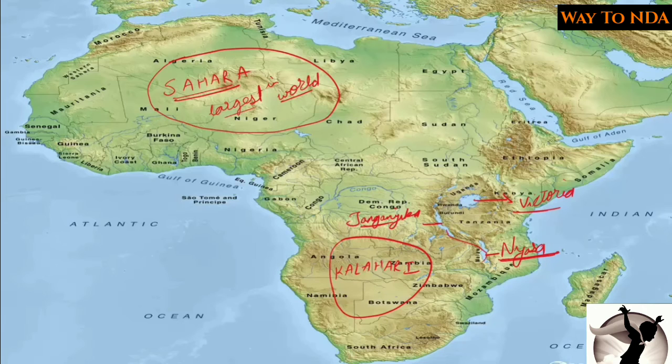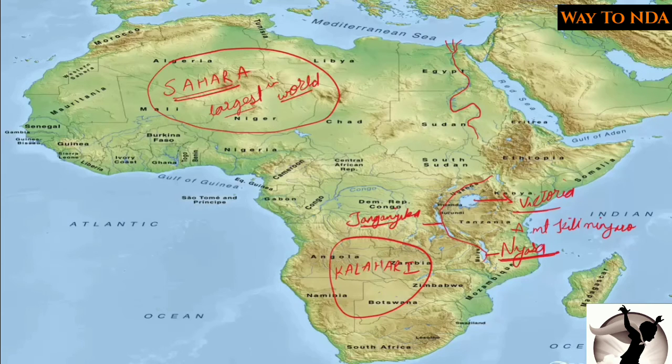And this is the Great Rift Valley of Africa. We are going to study about the Great Rift Valley. What is the Great Rift Valley? When we study the physical features, okay, so physical geography, then at that time we will study about the rift valleys. Okay, so here you will find Mount Kilimanjaro. Okay, and if you go further, you will find the river Nile, which is the longest in the world.